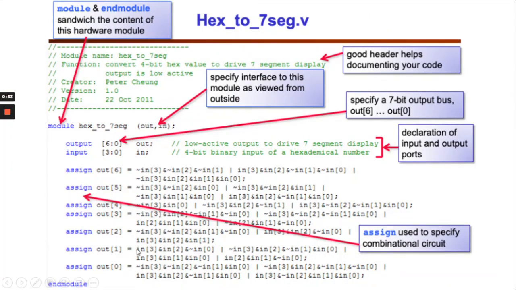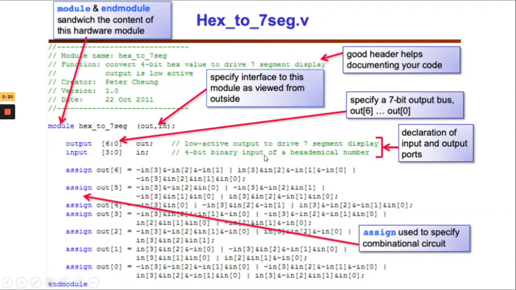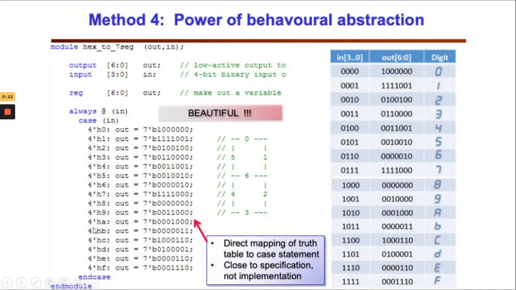And this is how the circuitry looks like, right? If you want to construct it at the gate level, you can see this is the assignment for output 6, which is LED 6 of the 7 segment, this is LED 5 of the 7 segment, and this is the circuit construction. It looks really complex. That's why if we are using RTL Verilog, it's going to simplify our life. So just compare it, and instead of having all this complex circuitry, we simplify it just by using